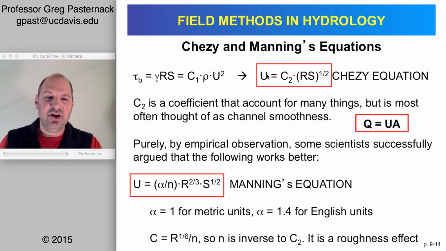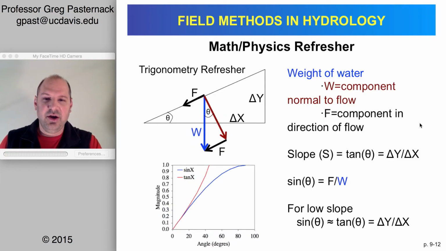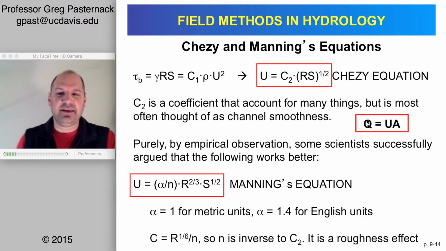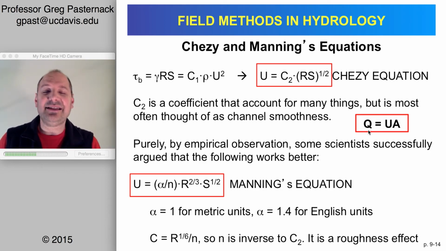How do you get to discharge? Well, remember from mass conservation, the discharge in water is equal to the velocity times the cross-sectional area. So you put those two together and you just multiply this equation by A and you have a discharge. Already, I bet some of you are starting to drown because we've got a lot of equations that have gone on here. We've looked at the trigonometry of what's happening. We've looked at a balance of forces. And now we've gotten to a relationship that tells us how to predict discharge. So you see, we did get somewhere. And it's worthwhile if you need to just pause, rewind, take a deep breath,